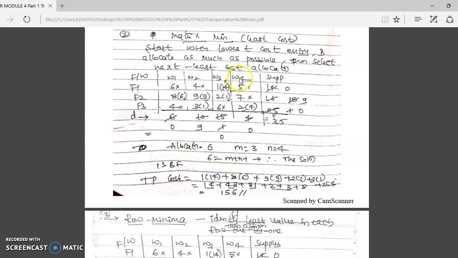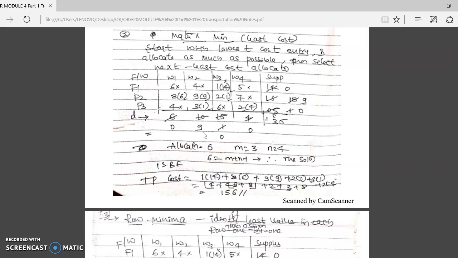For 8, supply is 15, required is 6. So give 6 here, this becomes 0. Out of 15, if I give 6, it becomes 9. Come back to the next element. Supply is 9, required is also 9. So give 9 here, and these two become 0.